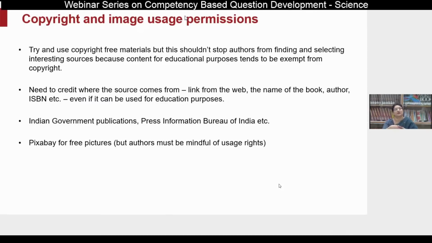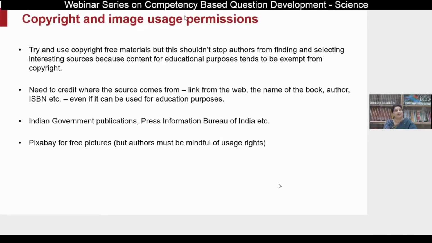For instance, in a situation where some activity is being done in chemistry, we can simply create a set of apparatus. So I think for these areas, our teachers are quite adept, and we should use our skills of writing and making diagrams to support this. But once again, we have to be very conscious and cautious, especially in picking up questions from other websites and material and reproducing them. I think that's not an idea which I would encourage.